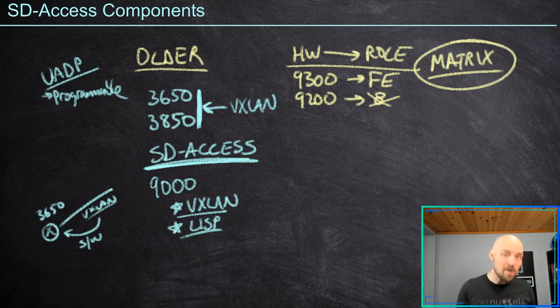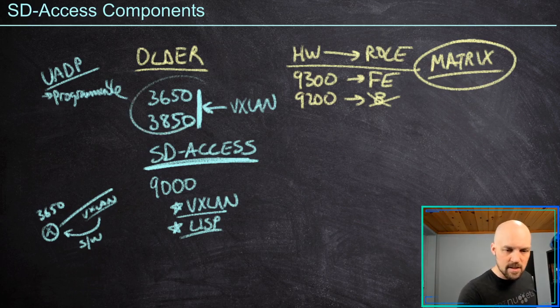They support it in hardware. Saved Cisco's bacon, saved so many potential rip and replaces and upset customers. A huge success story for the Unified Access Data Plane, or UADP ASIC. Huge success story. And so now these devices can support VXLAN, and as such, now we can map these to